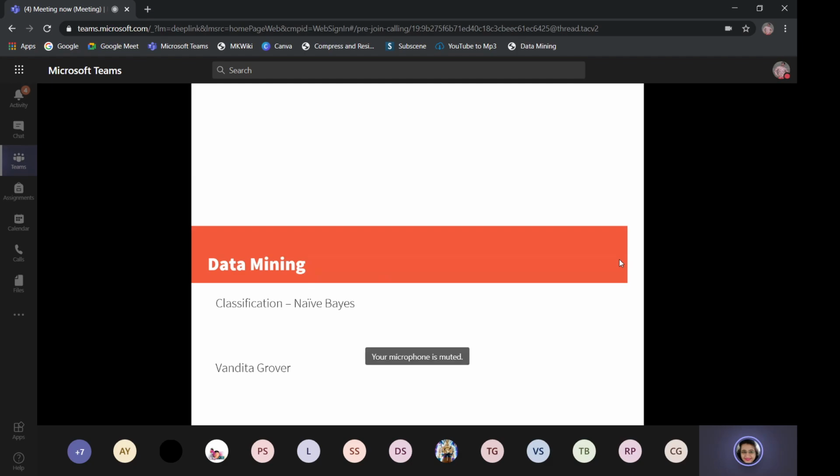Yes, ma'am. Okay, great. So, in the last two lectures, we talked about decision tree classification and rule based classification. There are various classification algorithms available. Apart from decision tree and rule based, there is naive Bayes. These are popular algorithms. Then you have support vector machines and the perceptron model. So these are also quite popular.